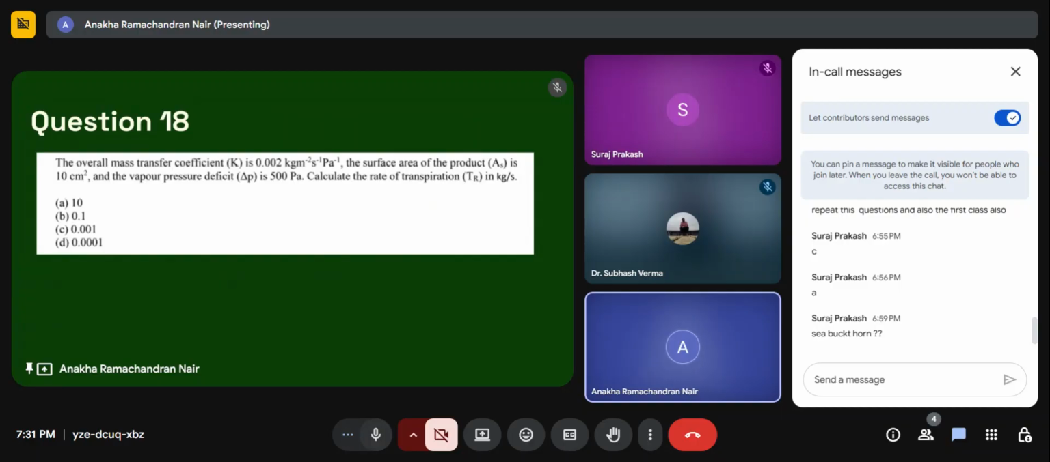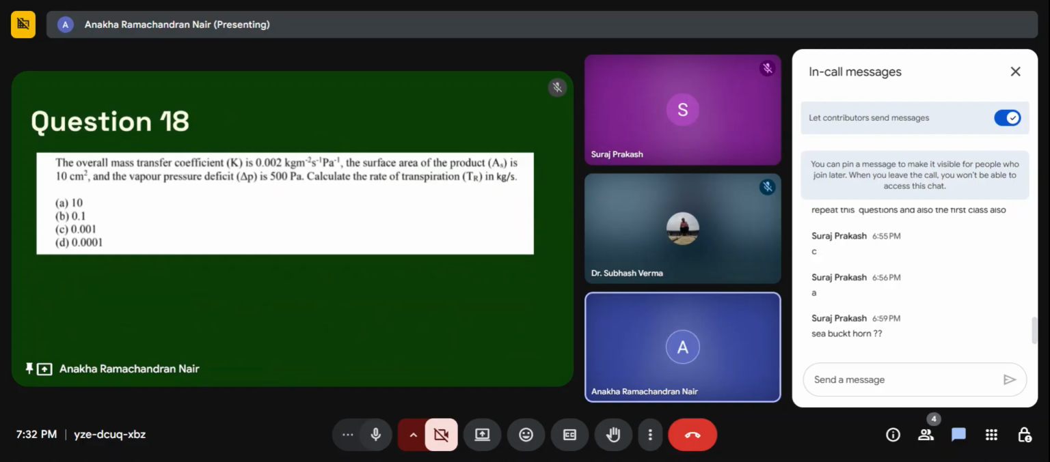So first of all, we have to see the units used here in this formula. As you can see, yes, the units are correct. So the Pascal will cancel out, right? And you will be left with kg per second, right? Yeah, that's correct. So in this question, they have given you the mass transfer coefficient, the vapor pressure deficit, and